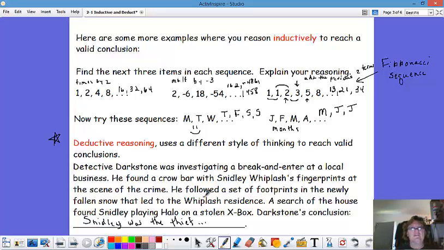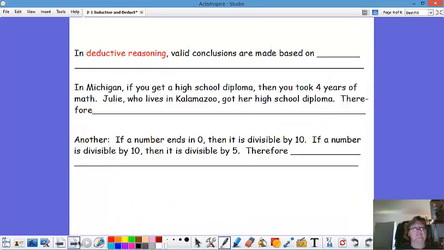Not a pattern, but a clue, a fact, okay? And that probably leads us to the best way to talk about deductive reasoning. In deductive reasoning, valid conclusions are made based on facts and evidence. Right? Facts and evidence. In geometry, in particular, those facts could be given information,